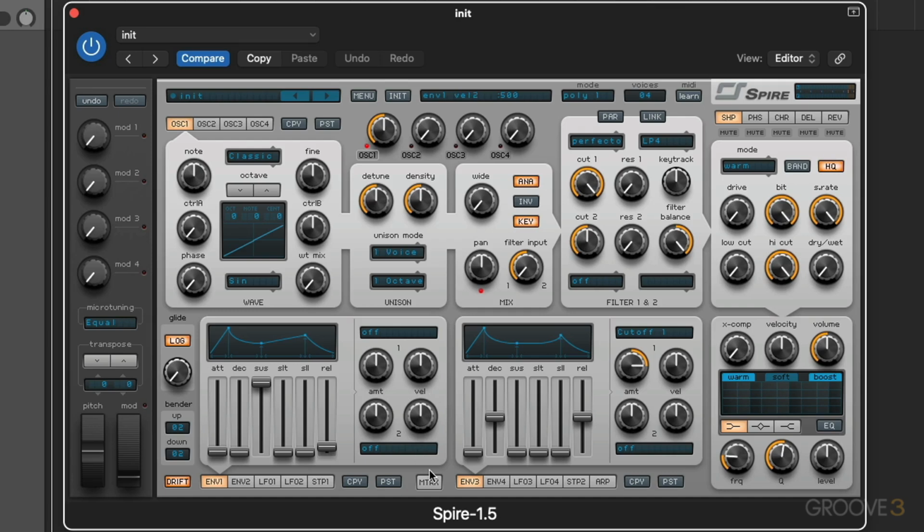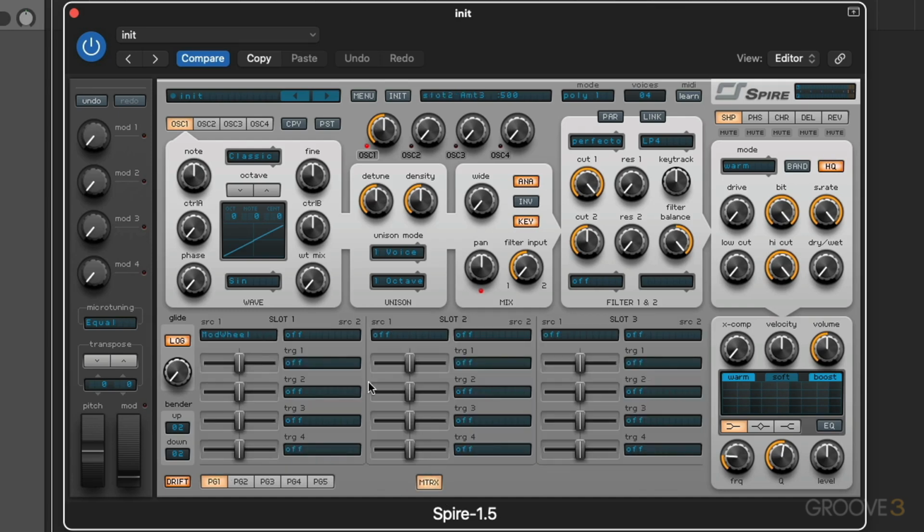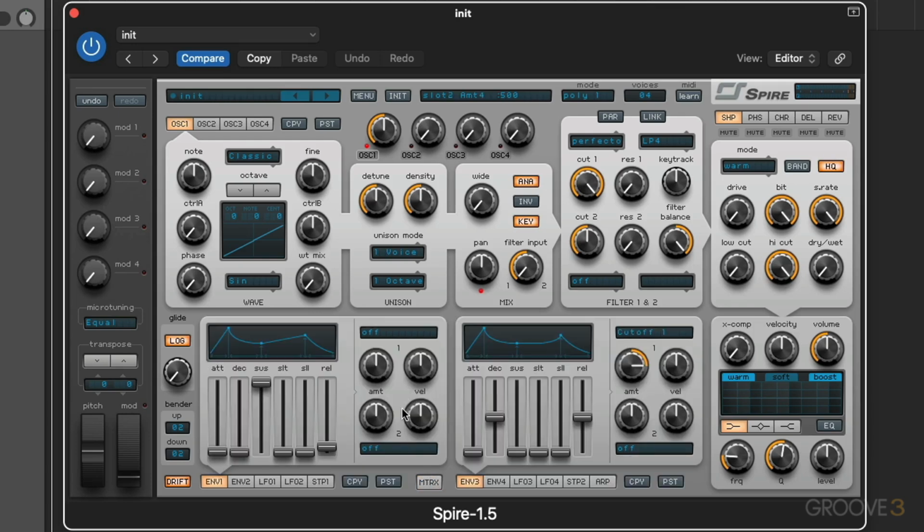But if you want to do more complex routings or more of them, you do have a fully spec'd up modulation matrix here as well with multiple pages to it. So you can really go to town and create huge evolving sounds by routing modulation sources to affect targets. And then moving across to the left here, we have undo and redo and our macros,